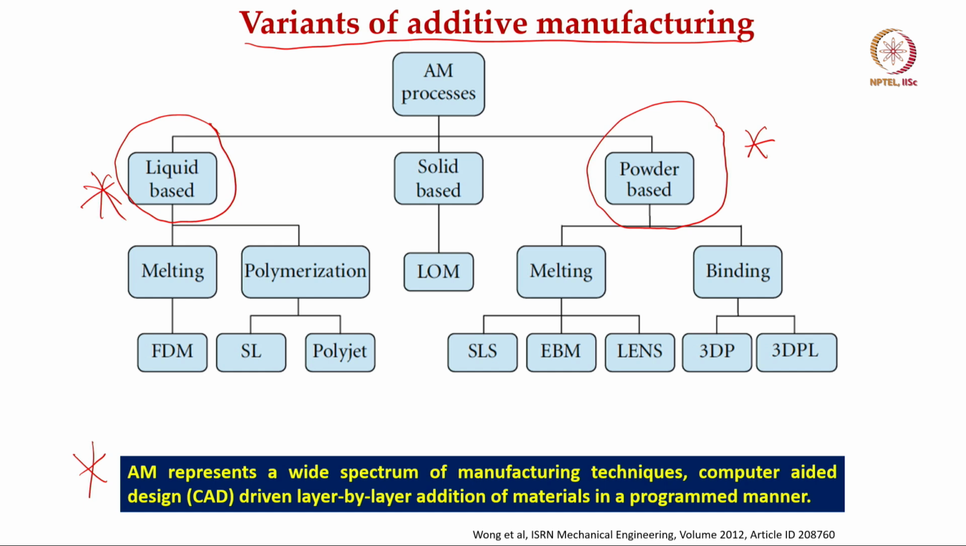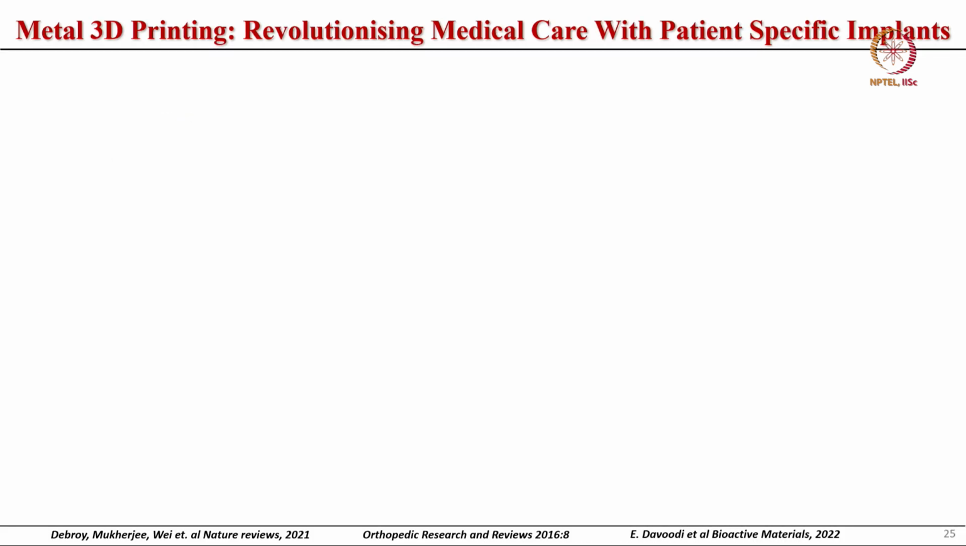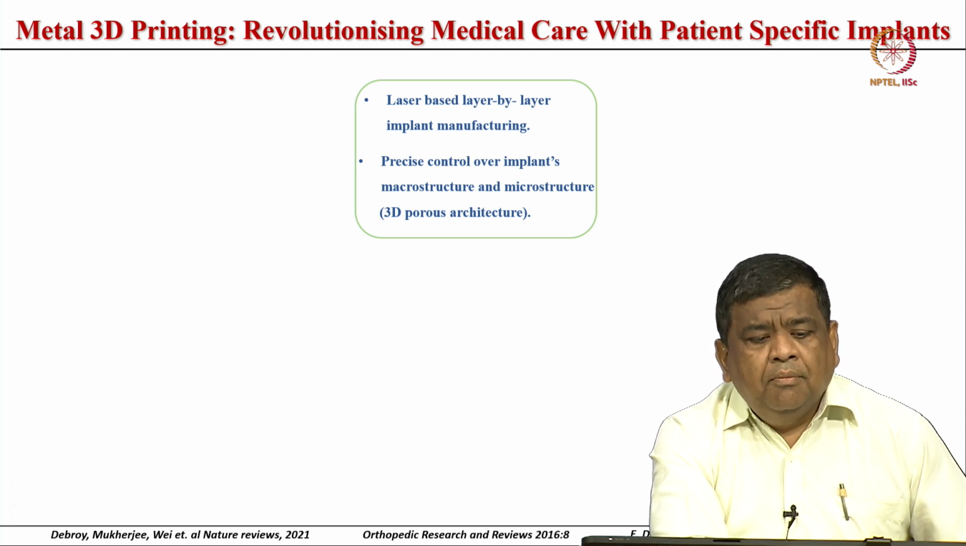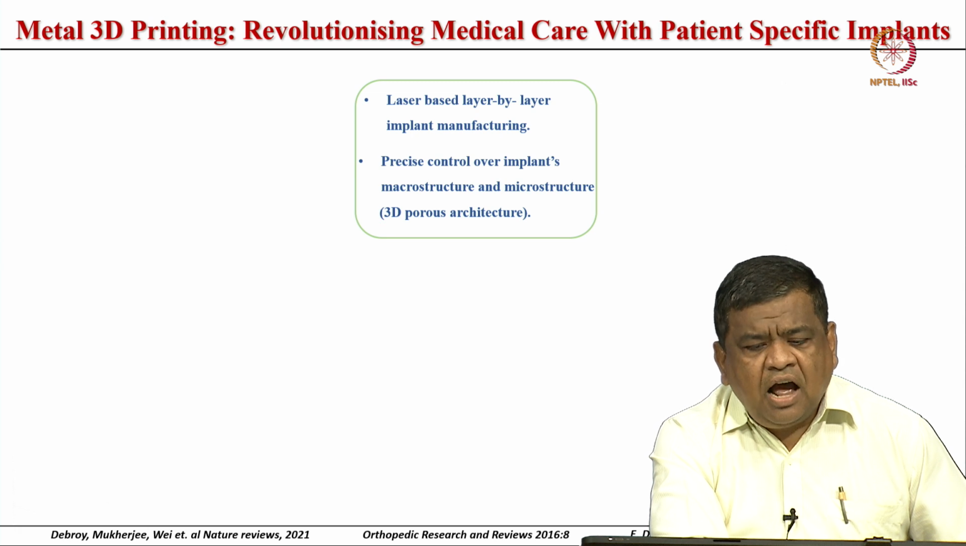So, powder based we will be using melting, this is more for metals, like SLS, EBM or LENS, and also binder jetting, that will also be used for metals. And in case of liquid based, we will also be seeing the extrusion based printing. So, it is not liquid, but it is a viscoelastic shell that I will be showing you for the 3D extrusion printing. Now, let me give you some information on metal 3D printing, because this metal 3D printing has revolutionized